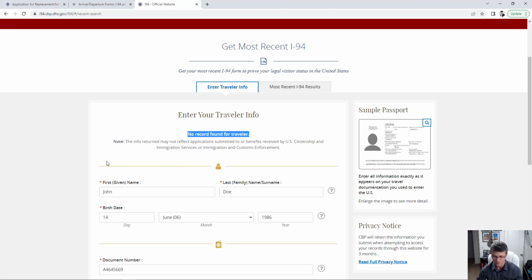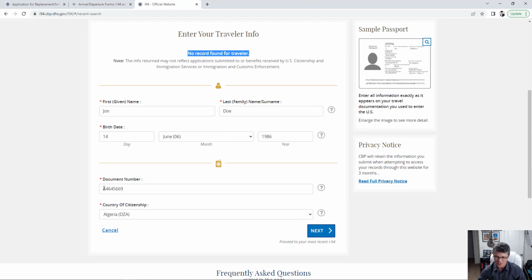Why? Unfortunately, most of the times, when you're entering through the airport, imagine you're going through the port of entry, there are a bunch of people, the customs border officer is entering all of this information right there on the spot, on the fly. Mistakes happen. If there is one mistake, not John, but Jon, no record will be found. If there is a document number with a space, it's not gonna come up. Little tiniest mistake in any of these things,